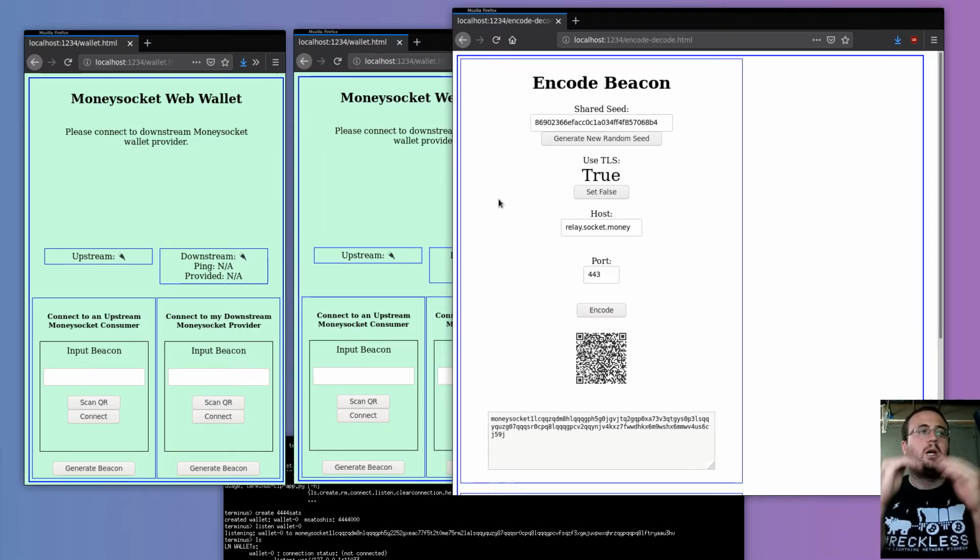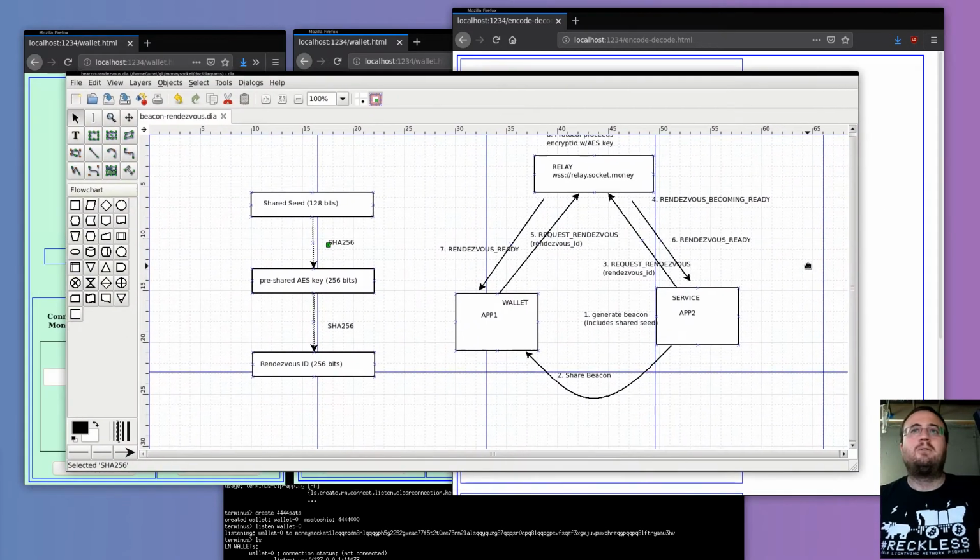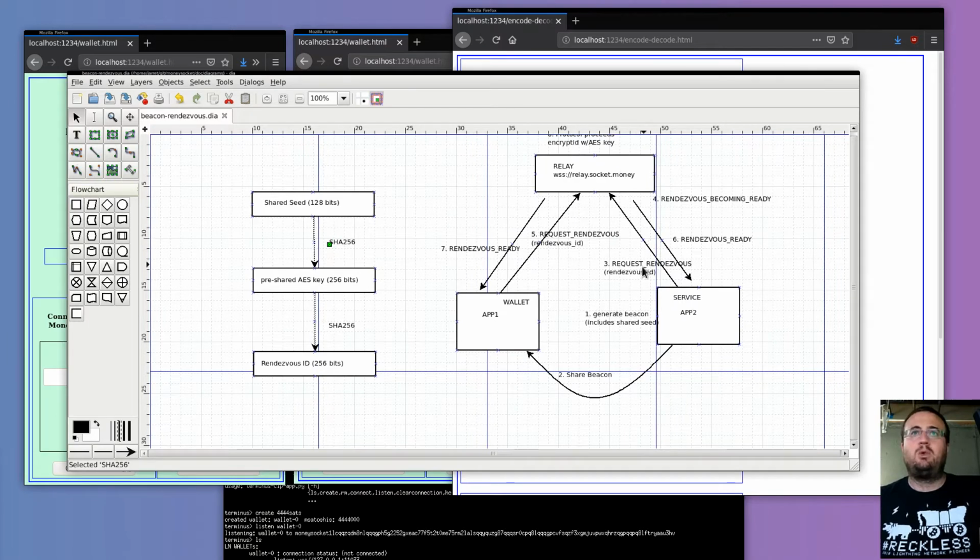So then the session proceeds encrypted such that the relay doesn't actually see what's being exchanged. It just sees ciphertext. So the protocol has built into it the escalation of: we start the rendezvous in clear text. Once we've established a rendezvous, then the relay will just forward from there,